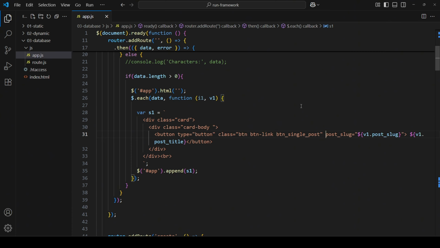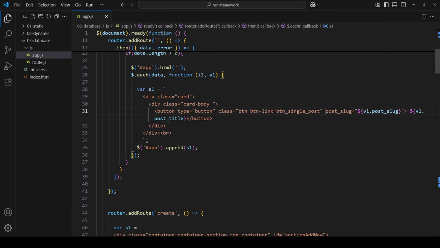And I'm going to go into it in a couple seconds. And then it's going to go ahead and append it and go through all of them. So let's say if you have 5 posts, right? You can go through every single one of them. It's going to get the title. It's going to get the slug. And then it's going to go to the next one, and the next one, and the next one,